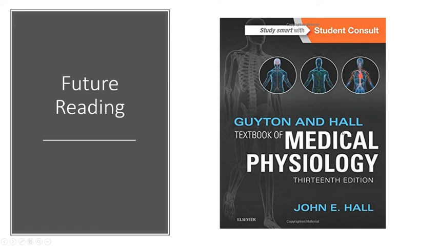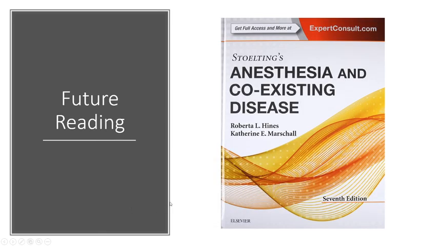I personally found this book really good. There's a lot of content to it, but it's just really easy to read. There's also the Chris Lote book from Birmingham Uni that a lot of people read. I quite like this Anaesthesia and Coexisting Disease book. It's a bigger version of the Oxford Handbook of Anaesthesia. So when you come to anaesthetising patients with significant comorbidities, this is a great reference book to look at